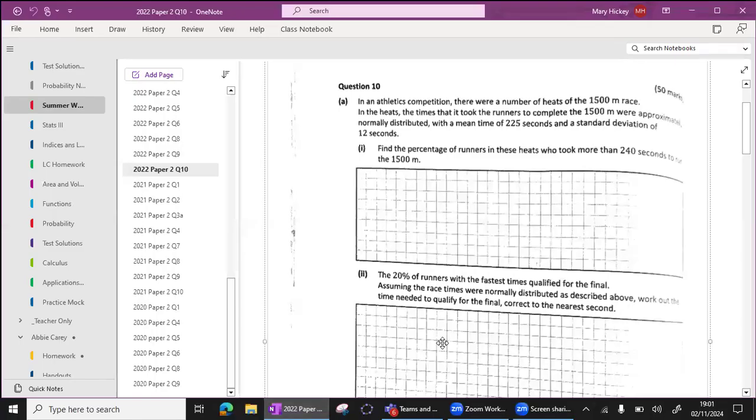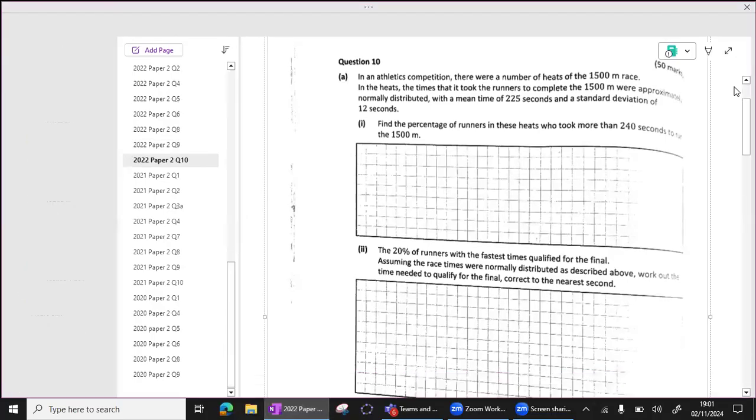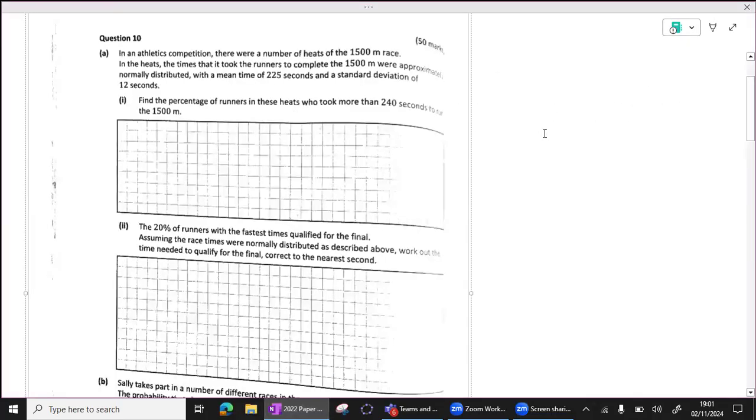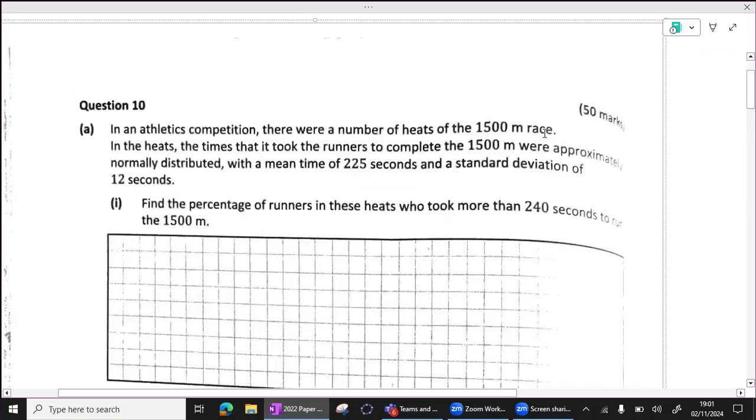So 2022, paper 2, question 10. This is a statistics question. In an athletics competition, there are a number of heats of the 1,500 meter race. In the heats, the times that it took the runners to complete the 1,500 meters were approximately normally distributed. So the minute I hear that, remember,